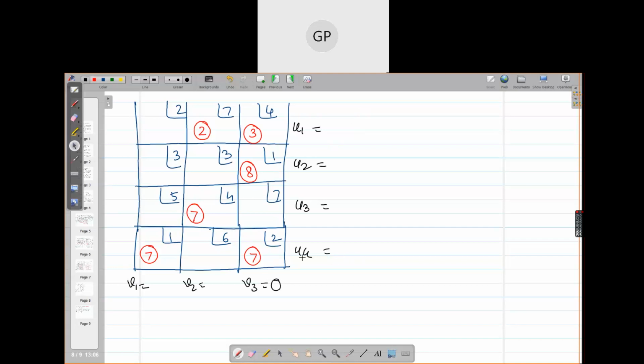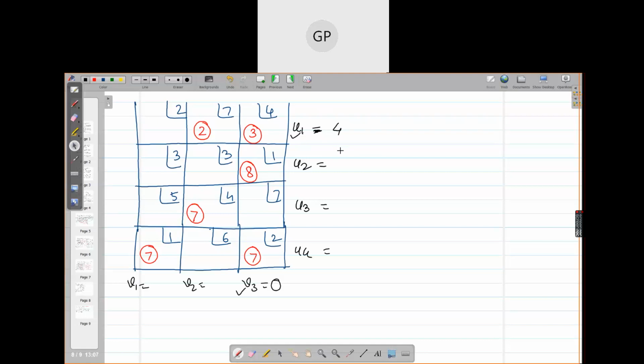So go to the row where there is allocation now. Can you find the answer for U1 now? U1 plus V3 is equal to 4. Do you understand it? Look, U1 plus V3 is equal to 4. So what should be the value of U1? 4. Do you understand? Do the others understand?